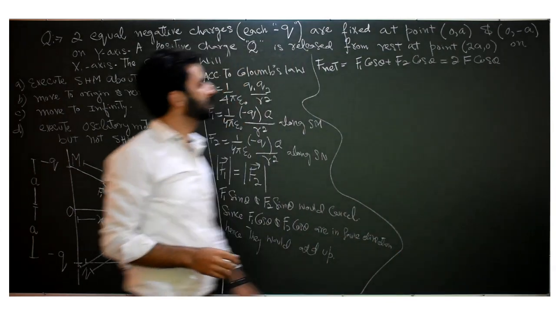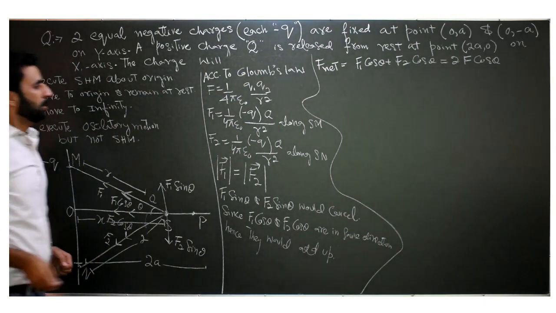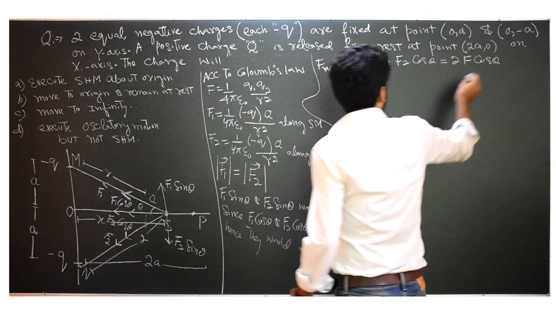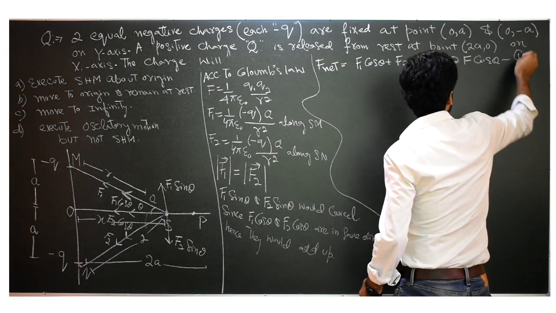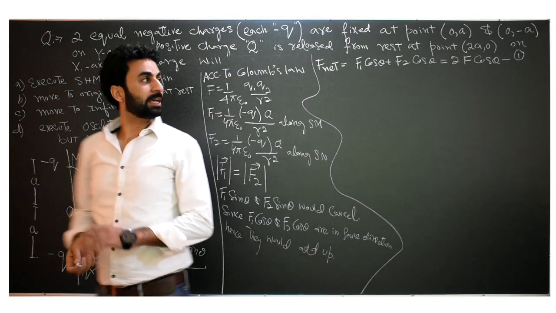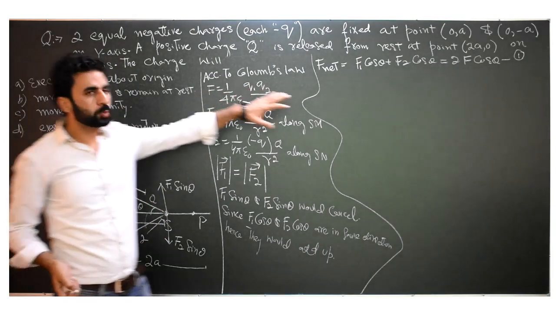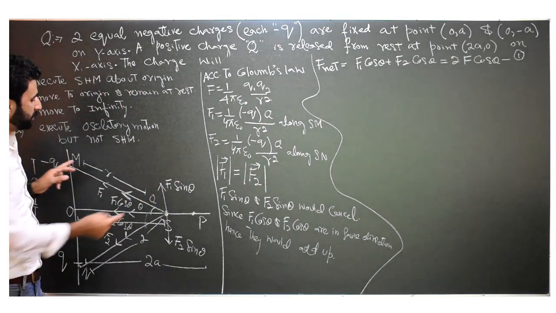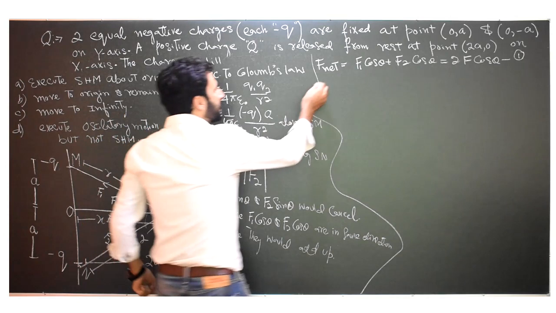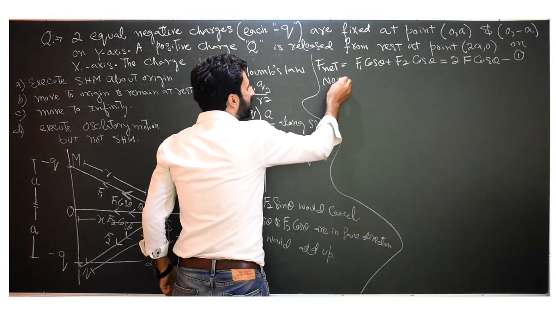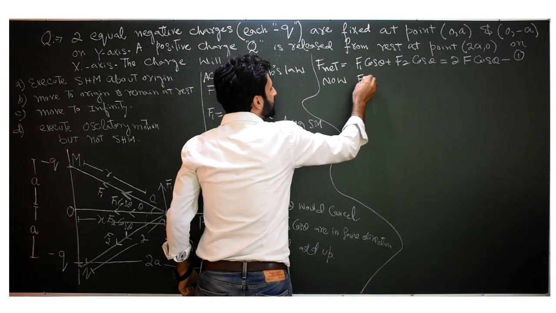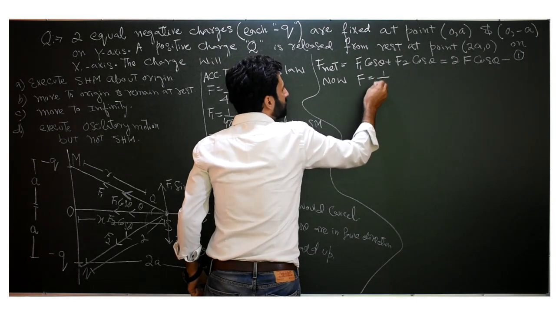Twice F cos of theta. Let's give this equation an arbitrary number, equation number 1. Now according to Coulomb's law, we know the force between two charges. As far as the magnitude of F is concerned, according to Coulomb's law,